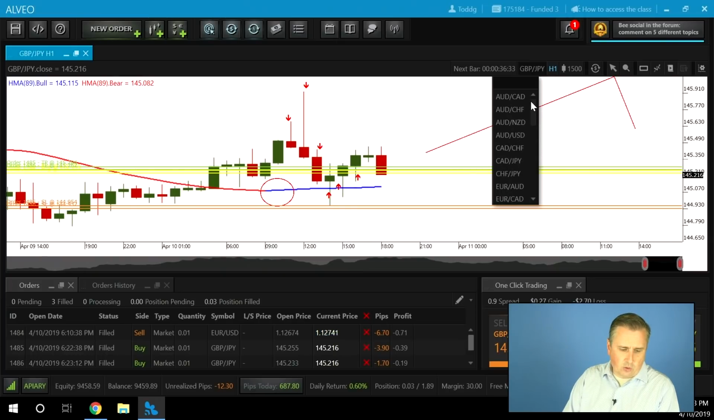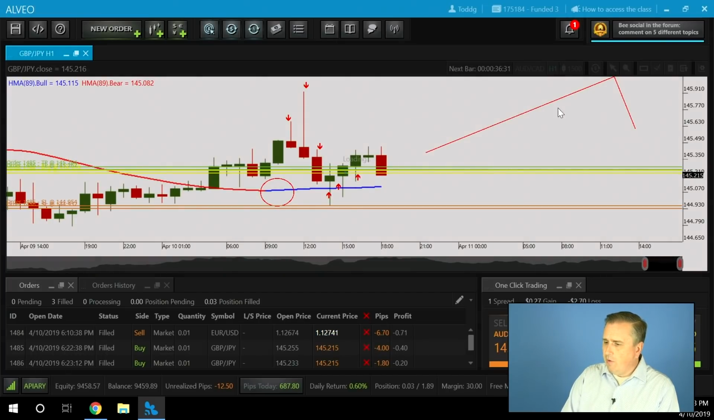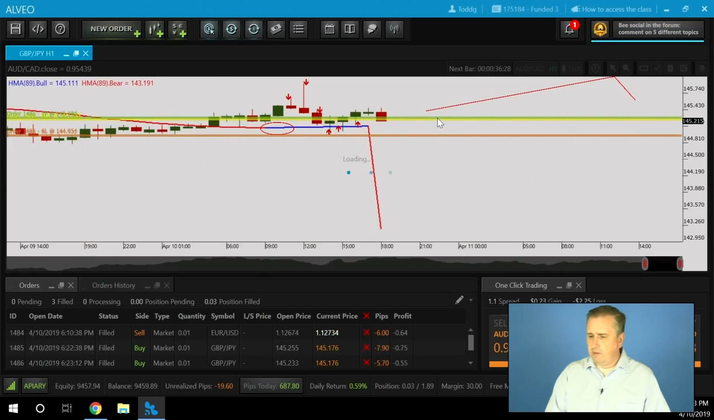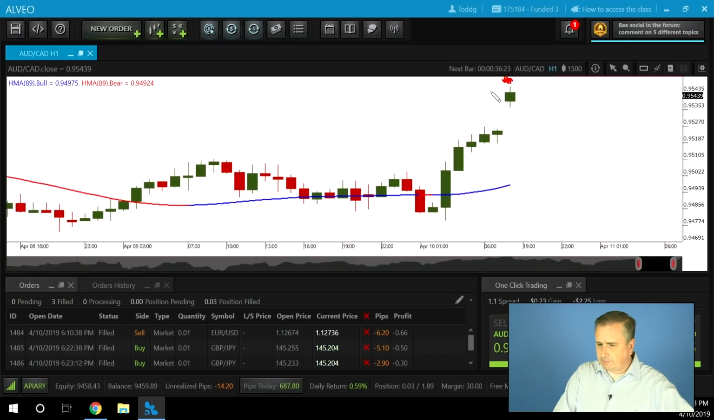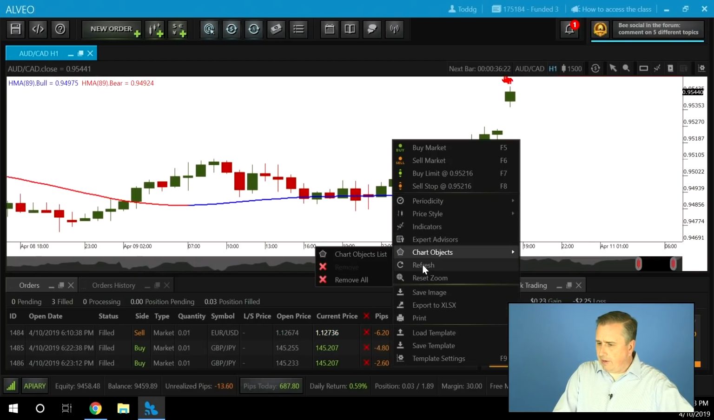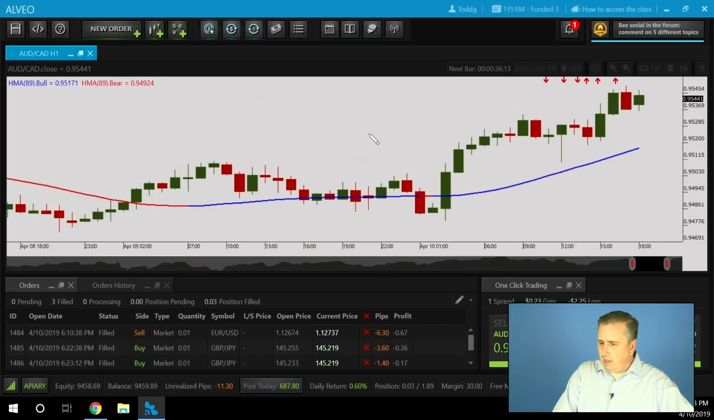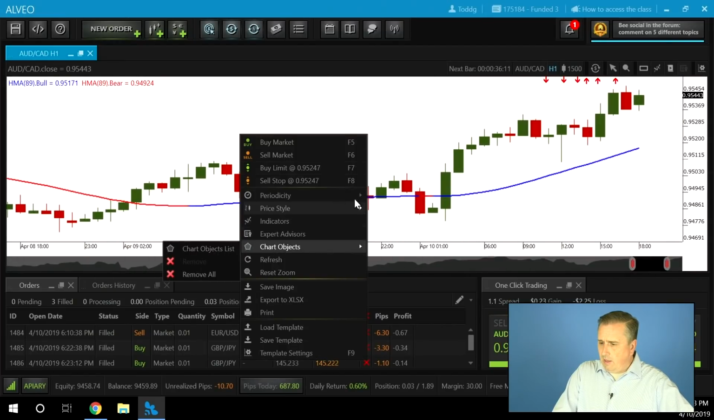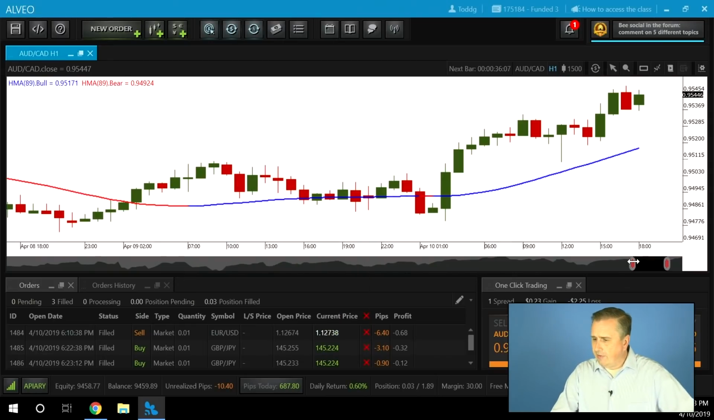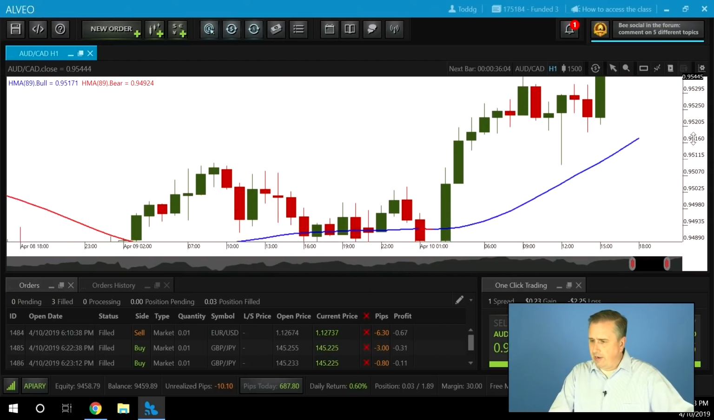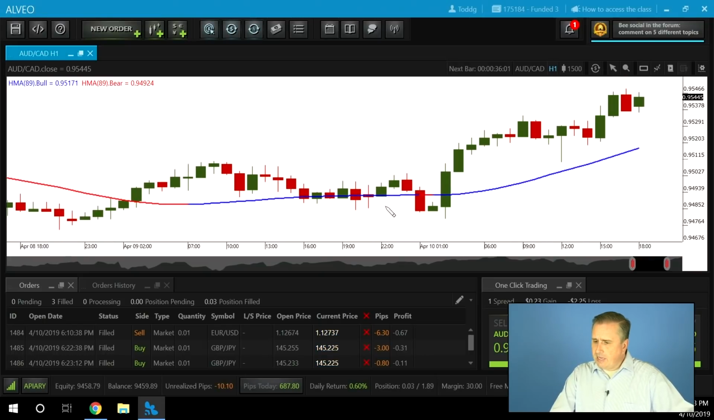Okay, so now let me show you what I do in terms of my routine when I trade this. I always go to the very first pair here, which is the Aussie CAD. Let's clean this up so we get rid of some of these lines. There we go, and remove those. If I look at this particular pair, I would say that it's bullish because I've got a blue HMA,